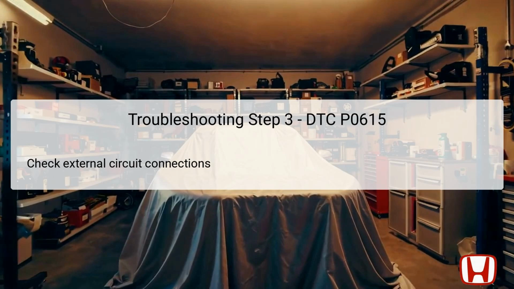If abnormalities are detected during this process, corrective measures such as repairing or replacing damaged wiring will be necessary before proceeding further. This step is crucial as external circuit issues can often lead to diagnostic trouble codes like